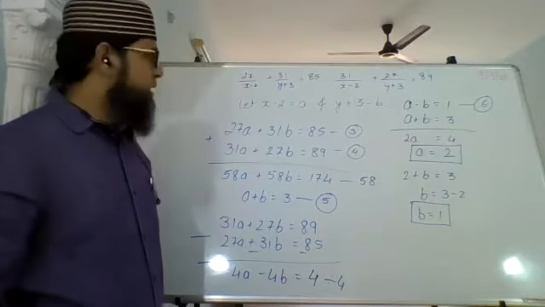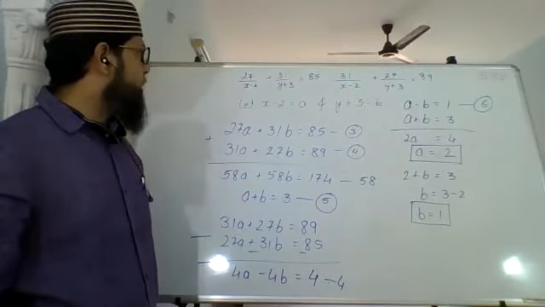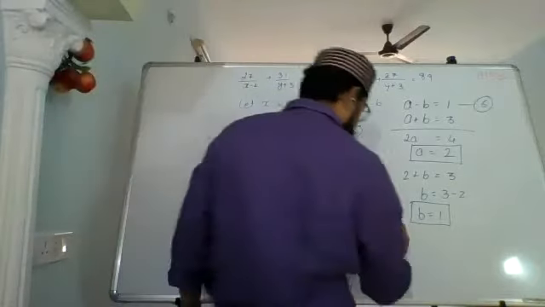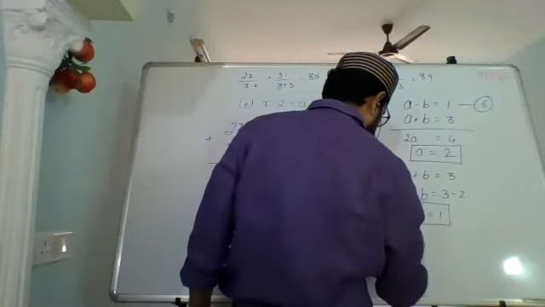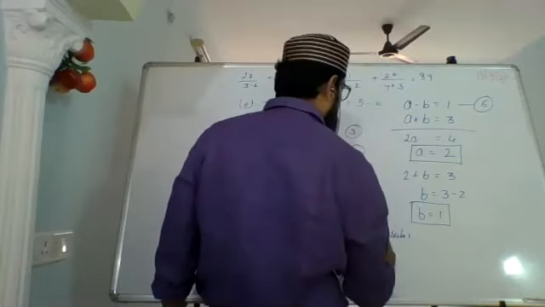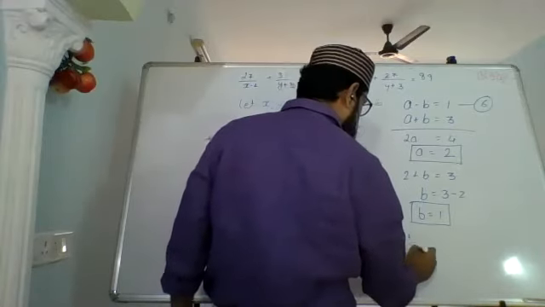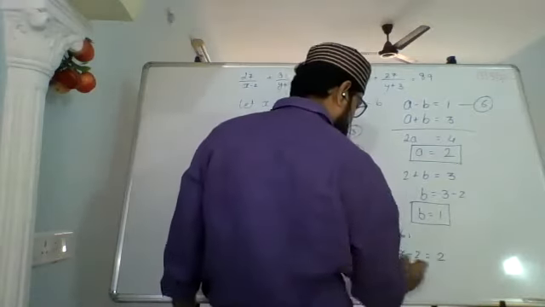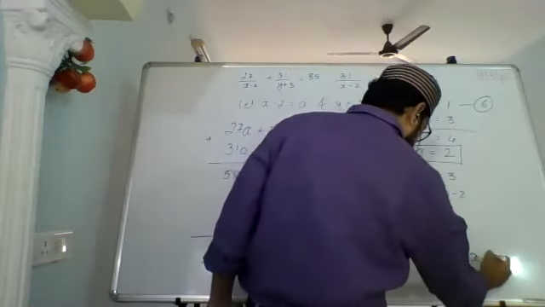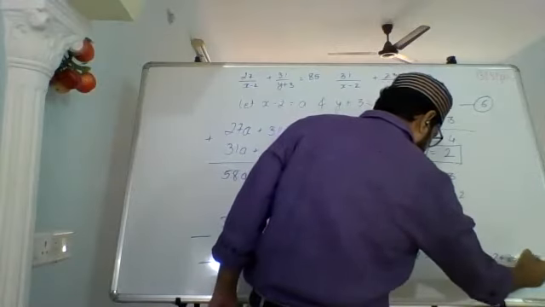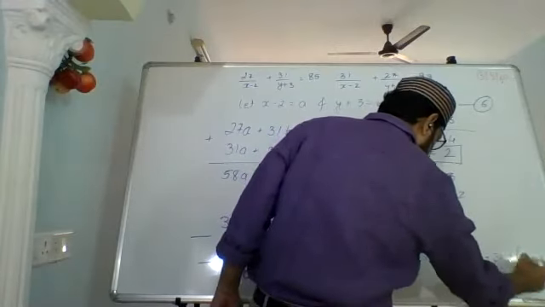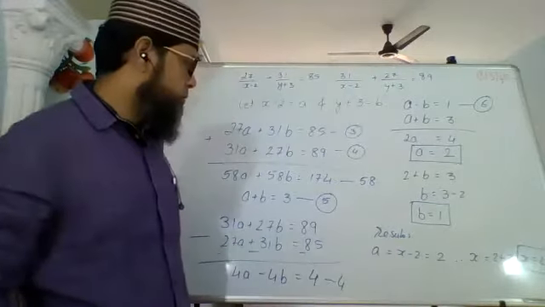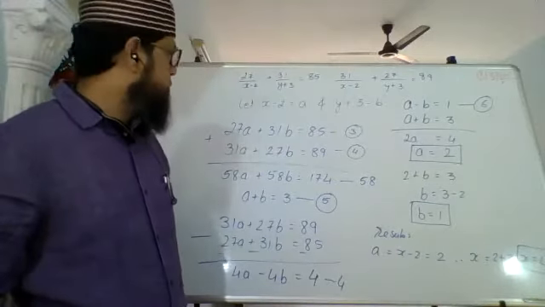Okay. Next, after that, what we have to do is we have to resubstitute. Now, what is x? What is a? When I resubstitute, I'll get a equals to x minus 2 equals to 2. Shift this to this side. Therefore, x equals to 2 plus 2, x equals to 4. Is that clear? Sorry?